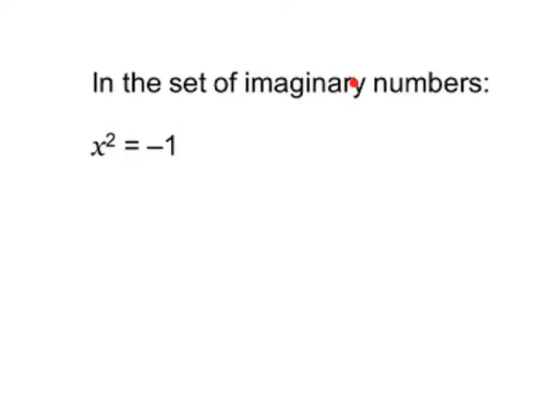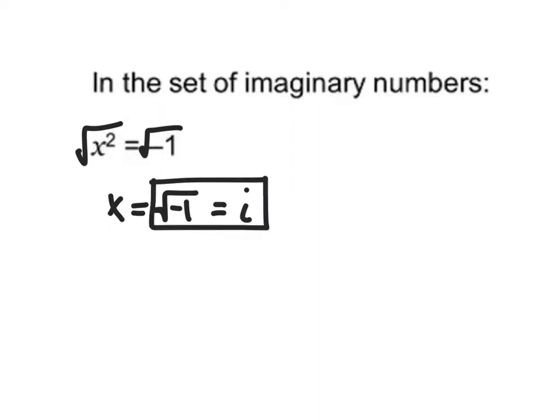system called imaginary numbers. Now, I know what you're thinking. What the crap? Someone just came up with this number system, and they're imaginary. But the reality is that if we take the square root of both sides of x squared, we get that x is equal to the square root of negative 1. We've created this thing where we said, well, let's let the square root of negative 1 equal the number i. And this is very, very powerful,